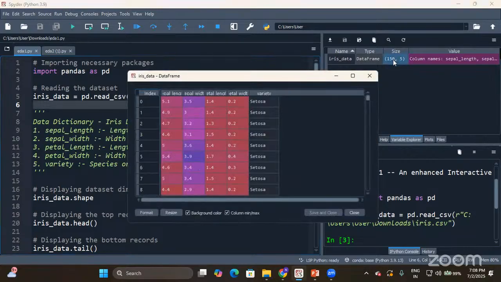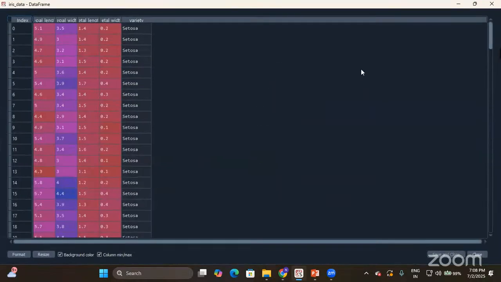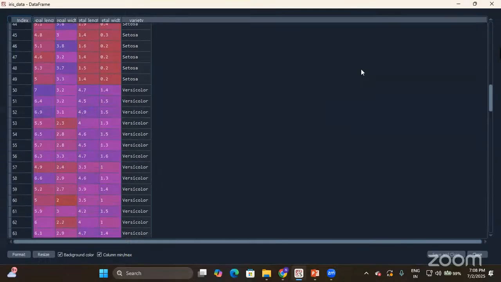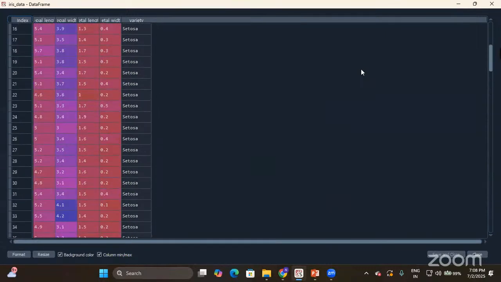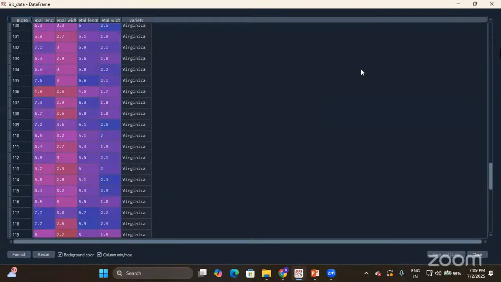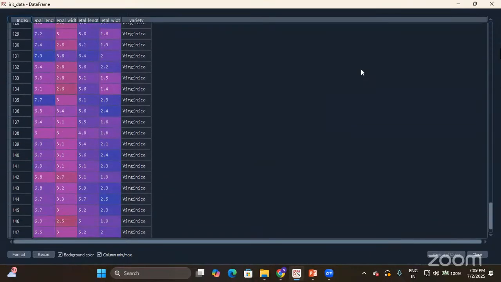Let me open it. See. So this is the advantage of using Spyder. From day one, I am telling you, you better start using Spyder. If you are a beginner, my suggestion will be to go with Spyder. Start practicing using Spyder so that your understanding will go to the depth.